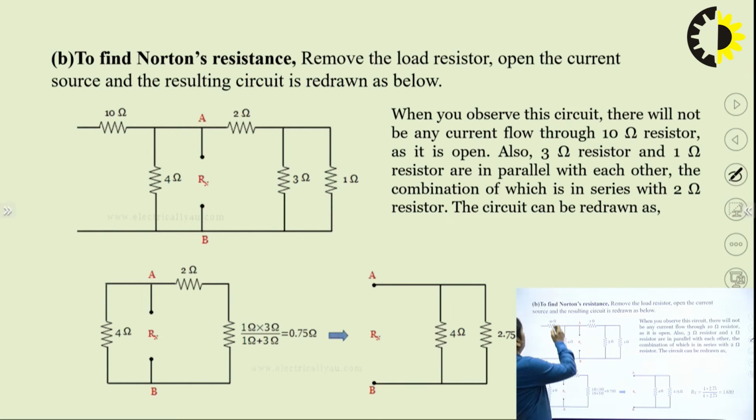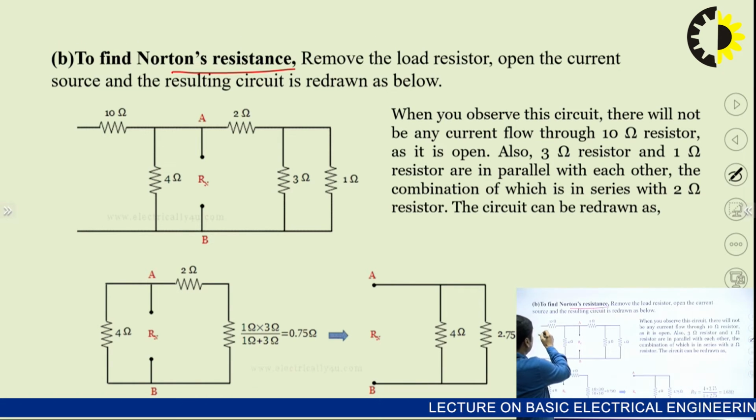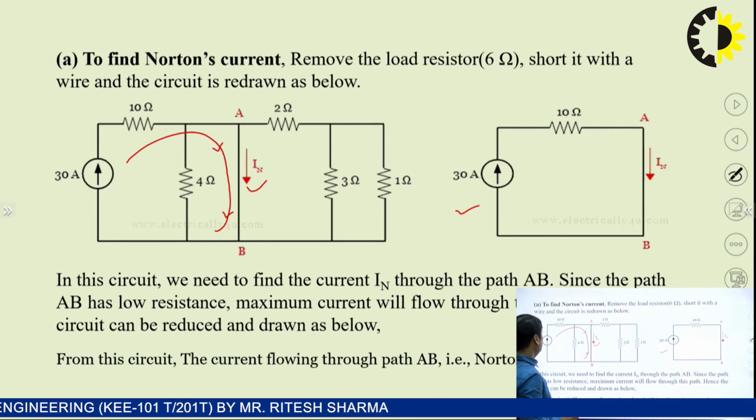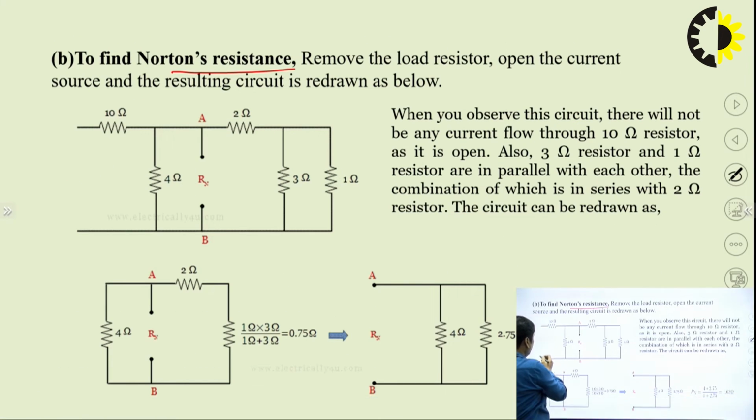The next step is to find the Norton resistance. The Norton resistance uses the same technique that we calculated in the previous case. Rn will be equal to the value obtained by replacing all the sources with their internal resistance. So we have one voltage source, and the current source is replaced by an open circuit. It is open circuited, and when we calculate the resistance Rn,